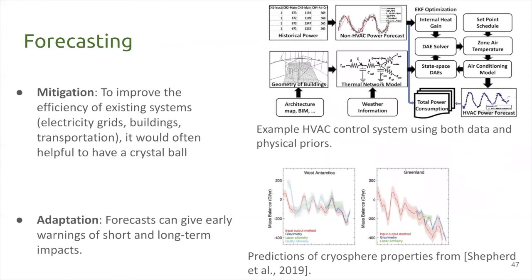And forecasting. Forecasting is useful both in mitigation and adaptation. In mitigation, it's very useful because if you want to optimize some system in real time, it's helpful to know what transportation demand or electricity demand will be like in the near future. For adaptation, it's worth knowing for a particular area, 10 years in the future, what the average precipitation is going to be, and what the typical temperature extreme is going to be. So knowing the future is helpful for both these tasks.